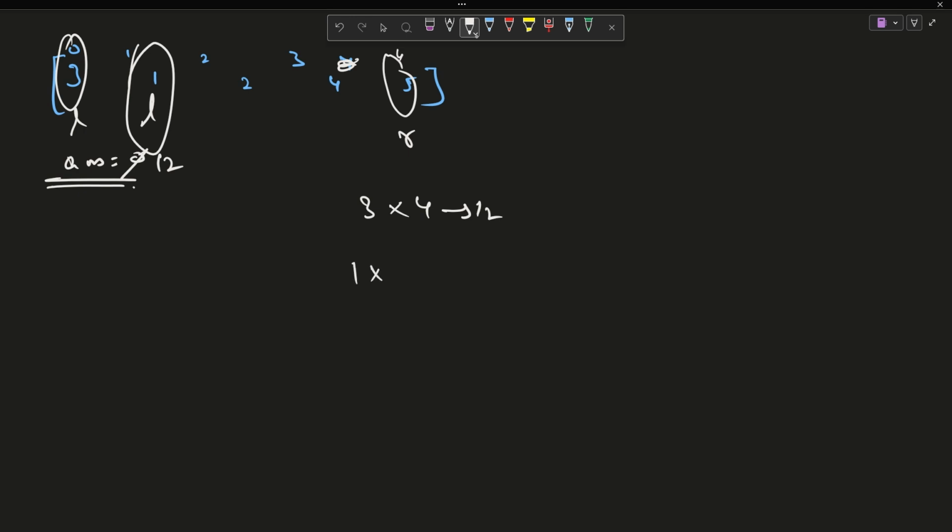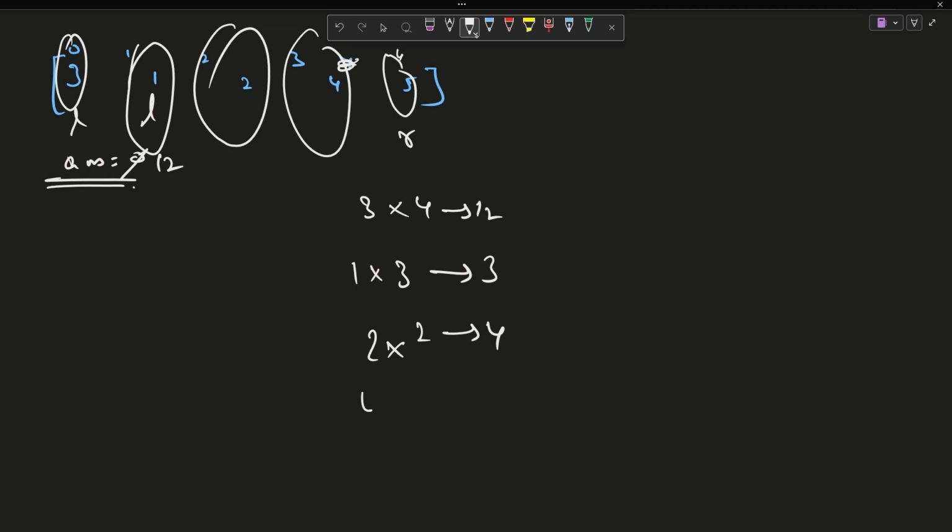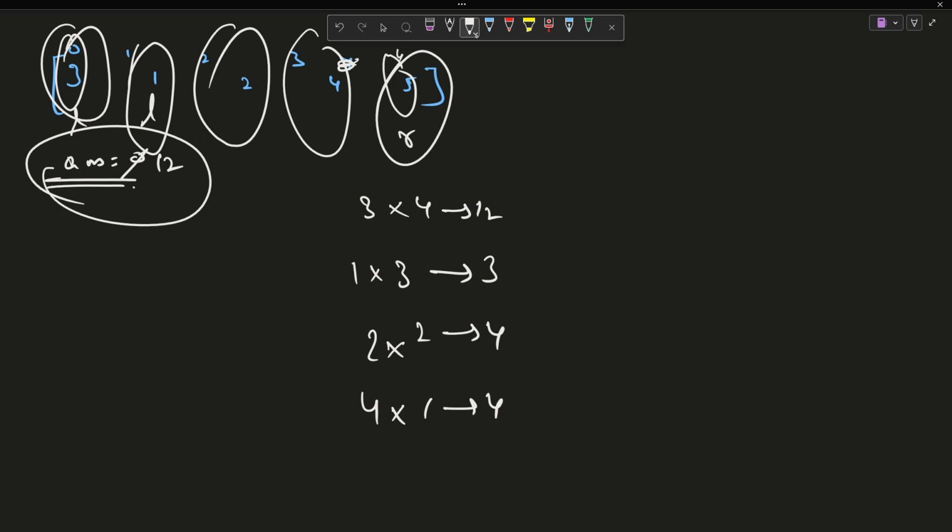So 1 multiplied by 4 minus 1, that is 3. Our answer will not be changed. L comes here. 2 into 4 minus 2, that is 4. Answer will not be changed. 4 into 4 minus 3, that is 4. Answer will not be changed. So answer is 12, choosing these 2 points. I hope it is clear to you. And because we are using only one traversal, O of n is the time complexity and O of 1 is the space complexity. Now I think it's time to move to the code.